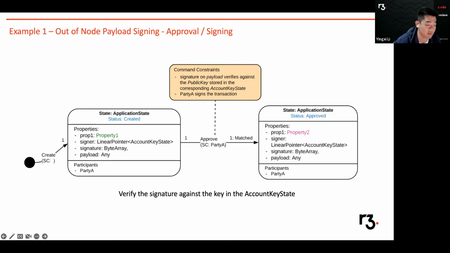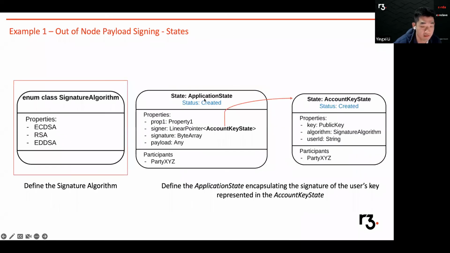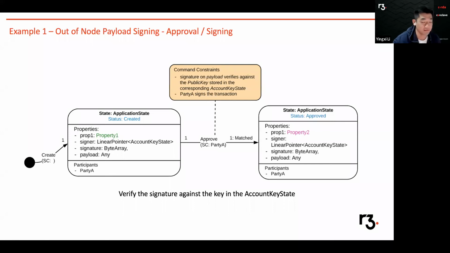Then you can set up a linear pointer directly pointing to your account key state, get the public key from the account key state, and then use the signature algorithm to match, basically to check if this is the key that you already